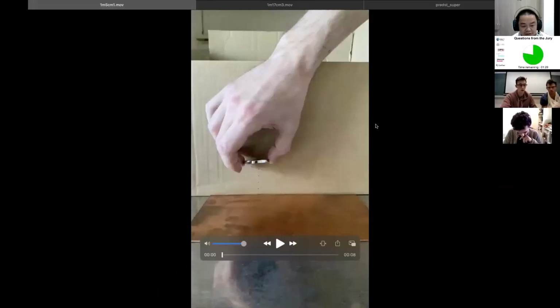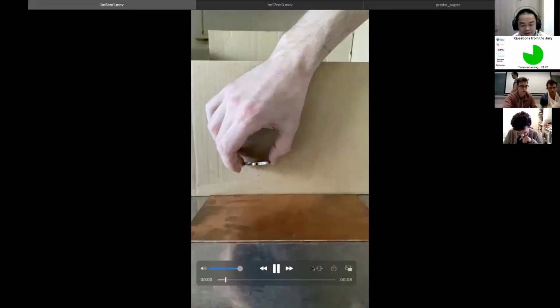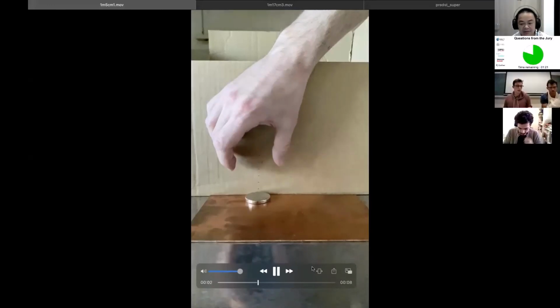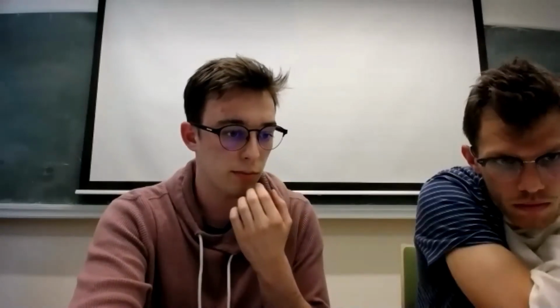So this is the falling from around 5 centimeters, and the effect is noticeable slightly because we can compare it. I can show you a comparison to dropping it from a higher